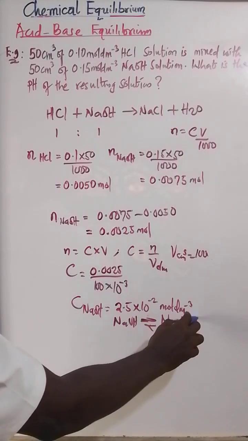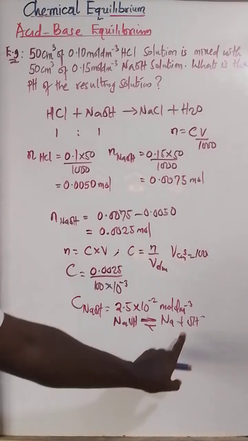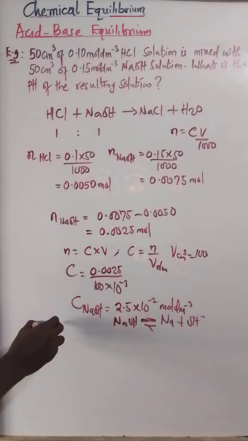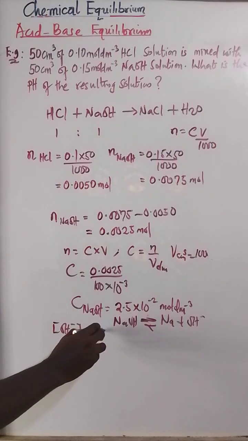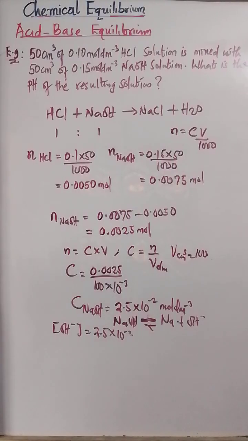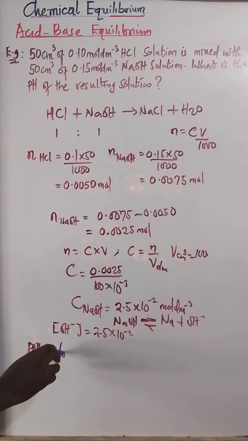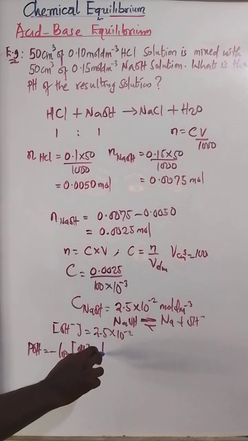So in this case, for NaOH, if it dissociates, it gives us what? Na plus and OH minus. So the number of mole of OH minus here is 1. So it means the concentration of the OH minus is what? 2.5 times 10 to the power minus 2. So what can we get here? We can get the pOH. What's the pOH? pOH is a negative logarithm to base 10 of the concentration of OH minus, which in this case,